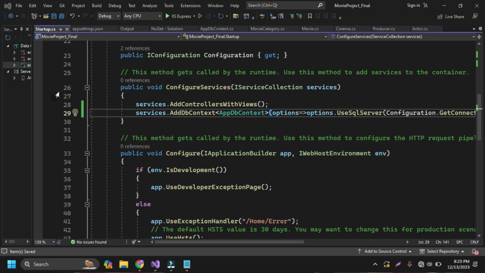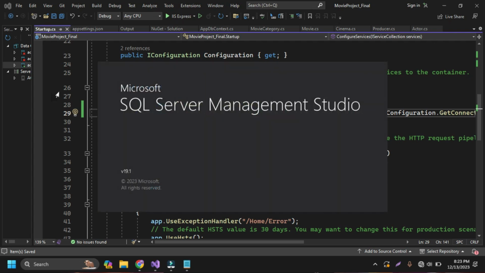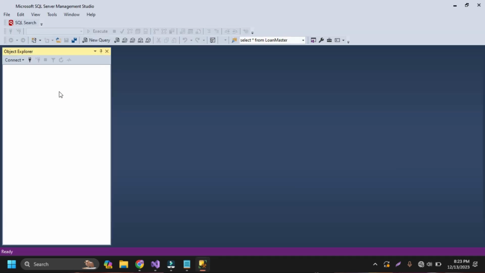We haven't seen the relationship between the movie, cinema, producer, and actor. We'll see the relationship between those things also. Before that, we have done so many things: creating the models, creating the DbContext file, using the NuGet package manager, and using the Startup.cs file to configure the DbContext file, and also we have installed the two packages, Entity Framework Core, and the other one is the